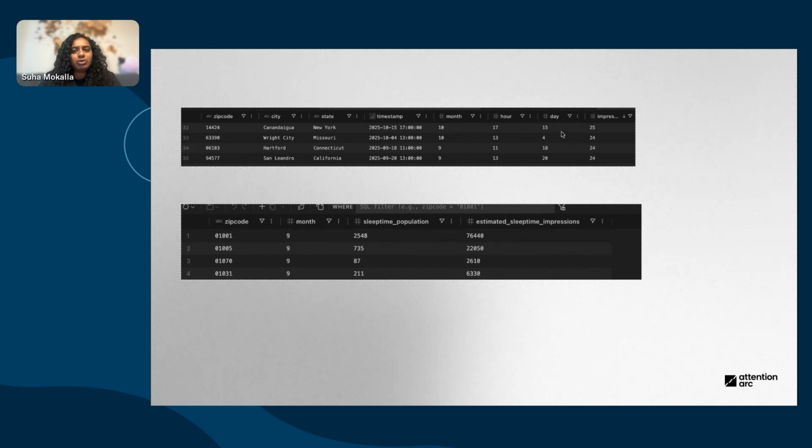And there is another table where we have impressions by hour during a particular month on a day, for example, October 15th at hour 17, 5 p.m. These are the impressions served. So looking at multiple tables at once is one thing, but these tables cannot be joined because of the entirely different set of constraints imposed on them.